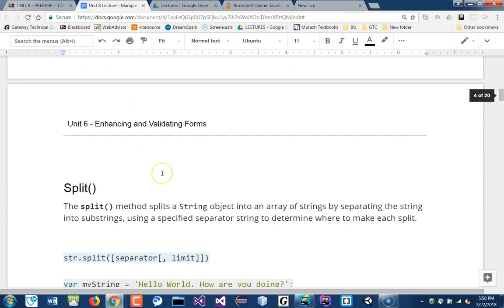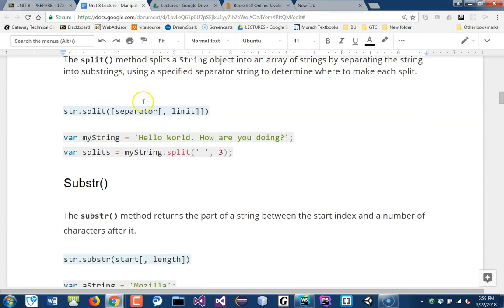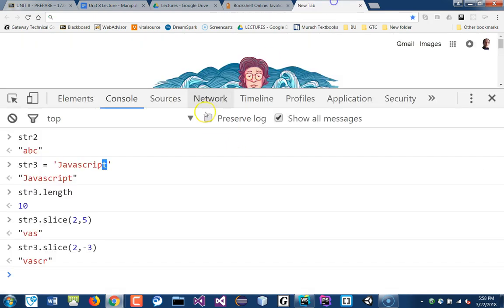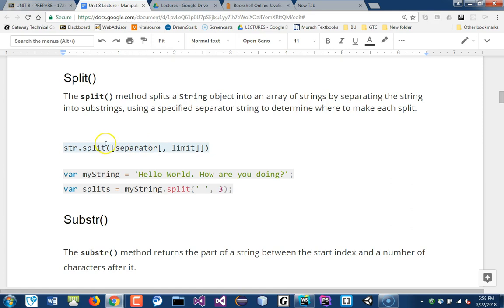Right? The split is kind of similar to the slice. What it does is that if you split it, you will split your entire string and it will convert that into an array. Okay, so this one here returns an array, and this is the one I mentioned earlier, but it's really, really useful. So let's go here, and the syntax is the string split, and then you have a separator followed by the limit. Okay,